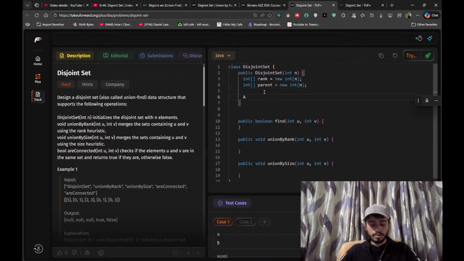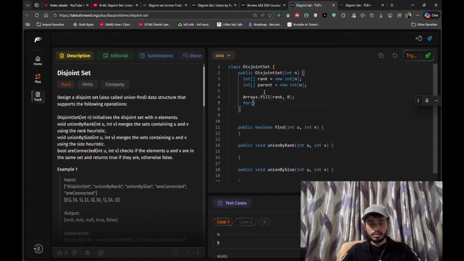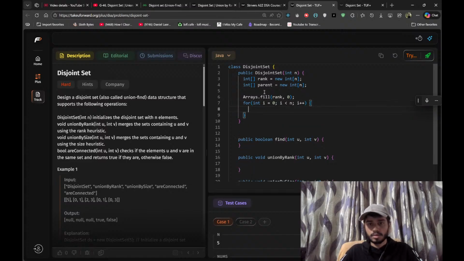We can do Arrays.fill rank with 0, and for int I equals 0, I less than n, I plus plus